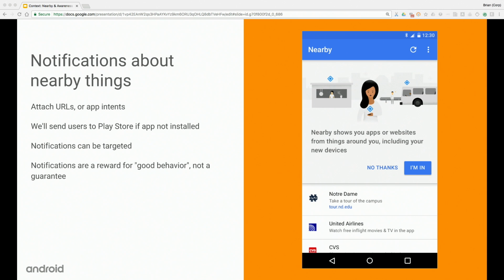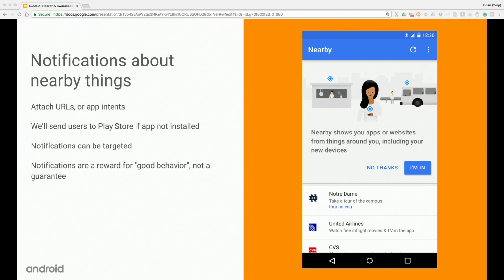So the Nearby Notifications API and platform really allow your app to have this kind of experience. You set this up, it's really easy to set up. You use the Beacon dashboard. There's a chunk of JSON that you set up that tells us about the appearance of your notification, the behavior that you want it to trigger, and you can also set up some targeting rules. So you can say, I only want this to appear under these circumstances.